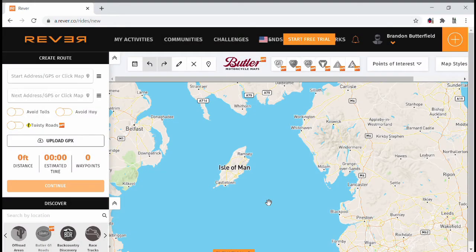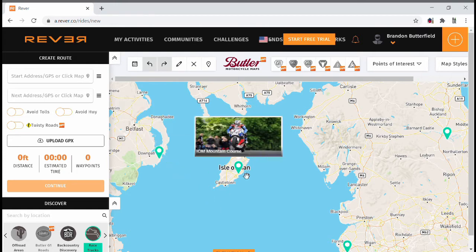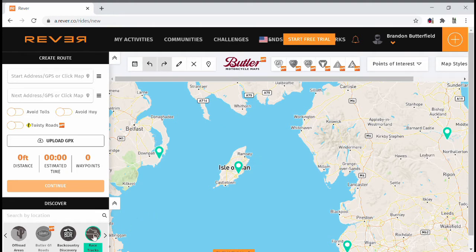By going into this Discover tab in the left sidebar, we can search by location or using these tags for other highlighted locations and routes. So here I've chosen racetracks, and we can see a few racetracks that have popped up. If I deselect that and move to paved roads, it will show me some routes which other users have saved